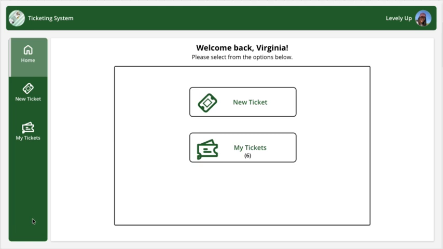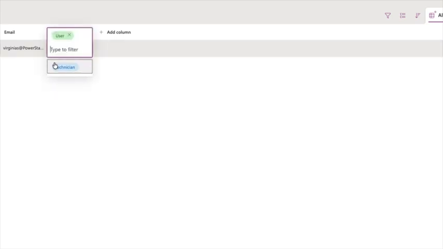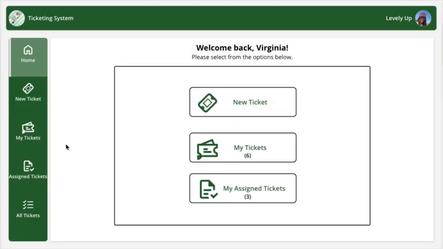And to do that, I'm just going to switch my user role and I'm going to change this, instead of user, I will switch it over to technician. And by switching my role from user to technician, I now have access to the assigned tickets and the all tickets tab here. So I'm going to go in here and I'm going to show you the form for submitting